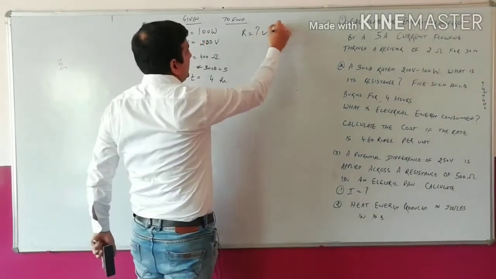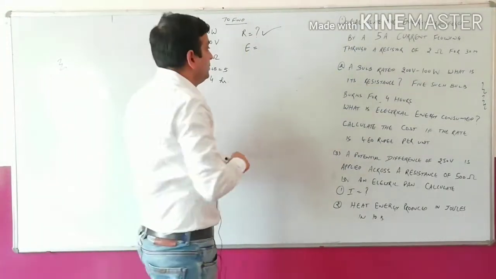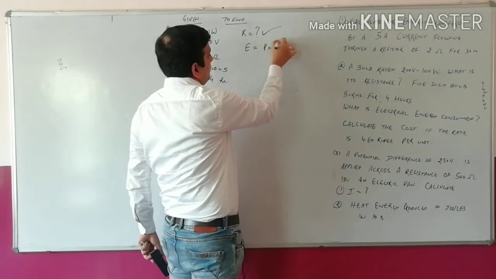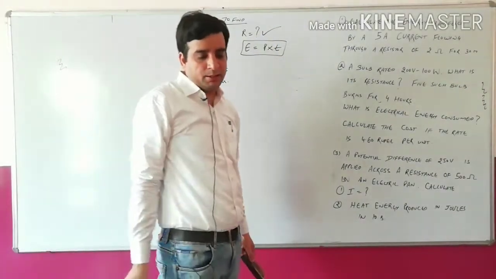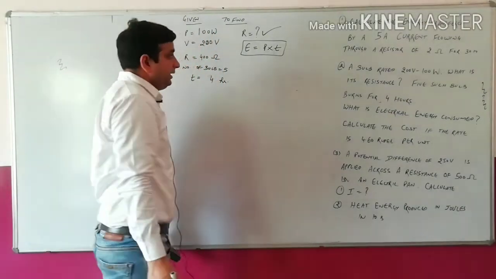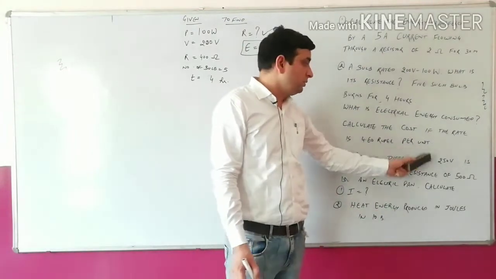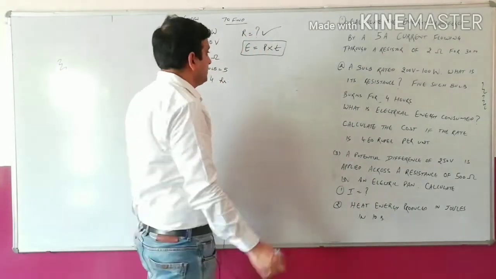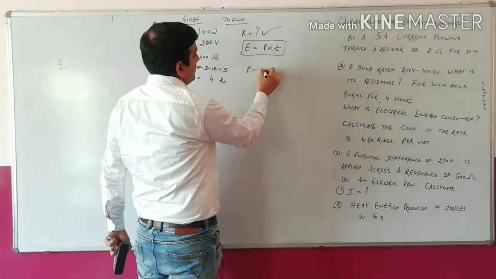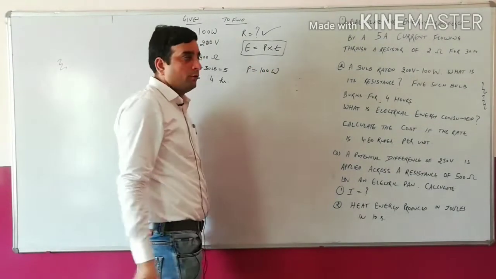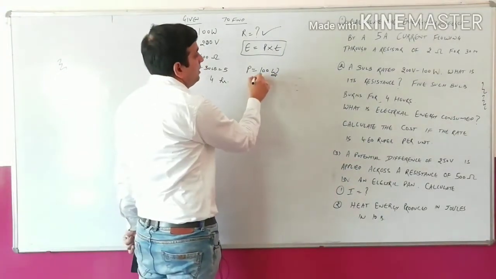So first we have already calculated. Second, they are asking how much electrical energy is consumed. So electrical energy is equal to power into time. So how we can calculate? Energy is power into time, but again we have to calculate the energy and its cost per unit. So first step is the same. We have to convert, before going to this, power: one bulb is 100 watt. What is given? Watt. We have to convert it into kilowatt.